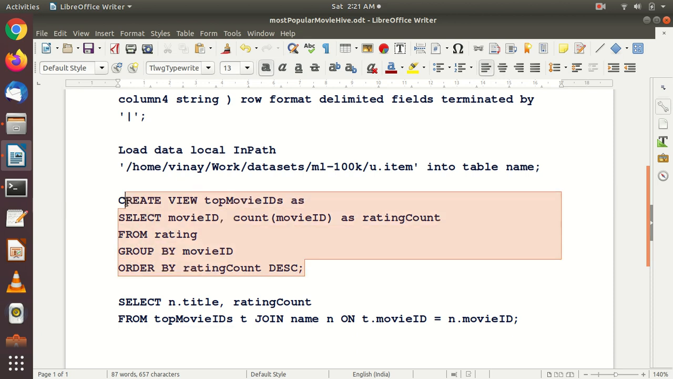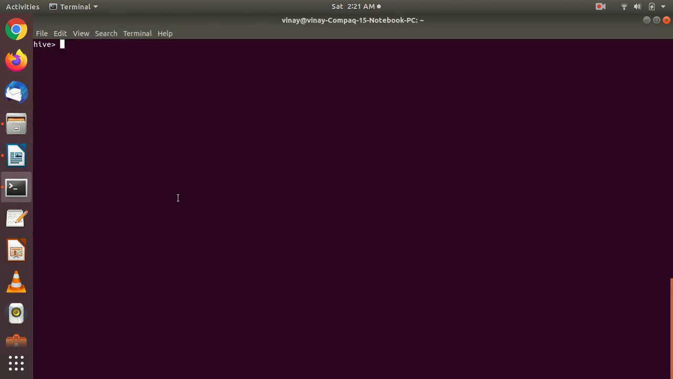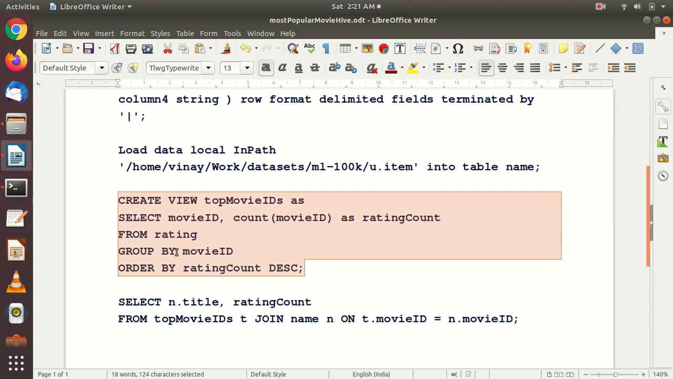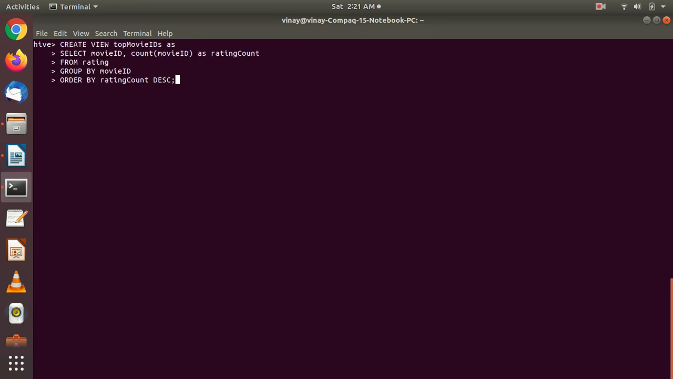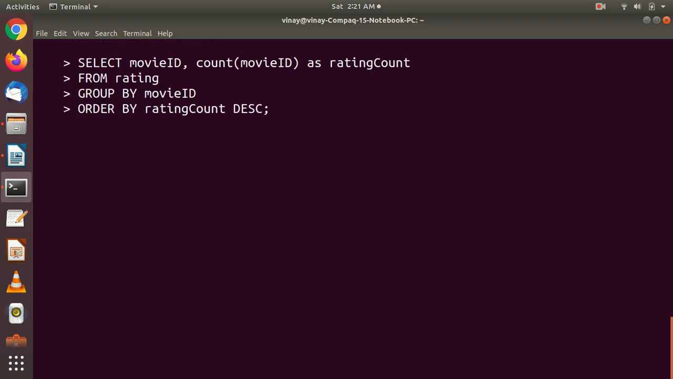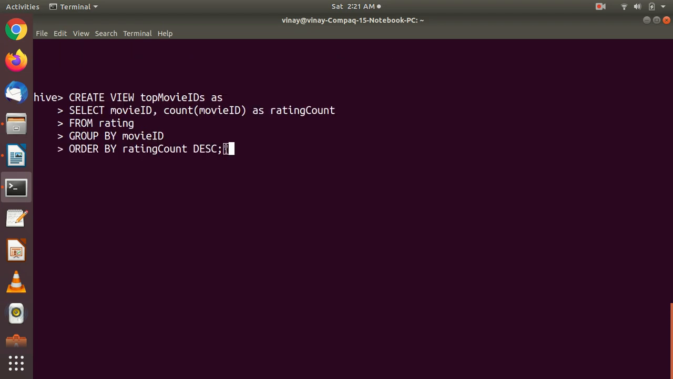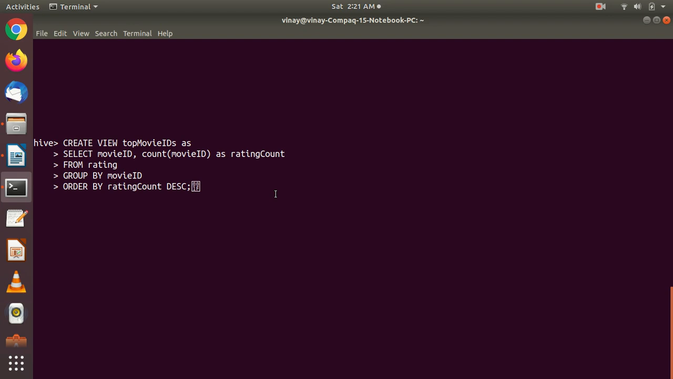So let's copy this command, and I will tell you what I am doing here. Control C. It's not copied. Copy. Paste. Let me zoom out. So what we are doing here,